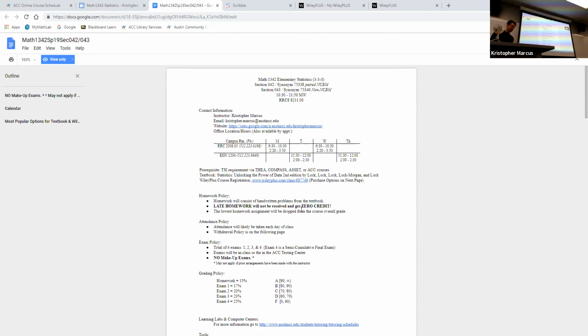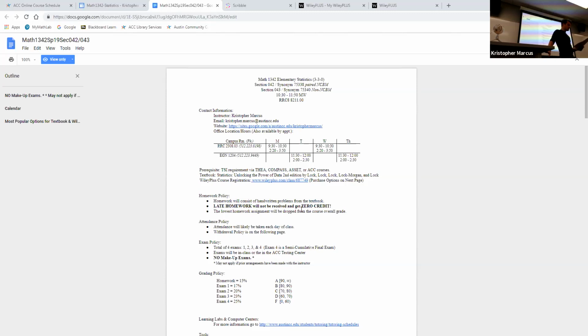The 4th exam is the final exam. It is not fully cumulative. It is only really quasi-cumulative. There's mostly problems from the last chapters at the very final exam, the very end, but there will be one problem that could have come from exam 3, the previous exam. And I'll prepare you for that as we get there. But we don't go over everything in the last final exam. It focuses mostly on the last parts of the material in this course.